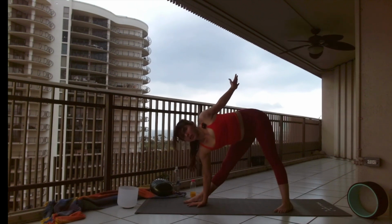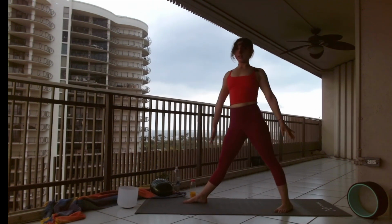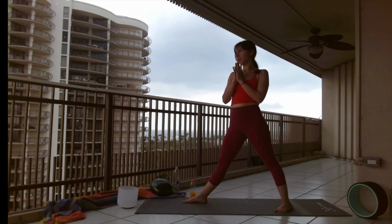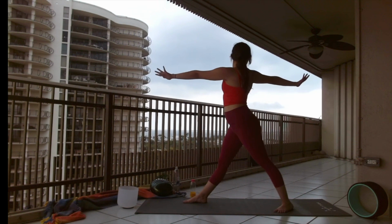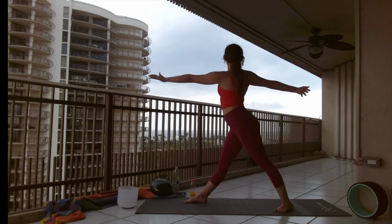We're going to now lift up our arm and now bring it down. So we're gonna switch sides with our hands. Now you're gonna open up, bring your left hand forward, and your right hand is gonna be behind you. So you're twisting your body and your hips are looking forward. Slowly